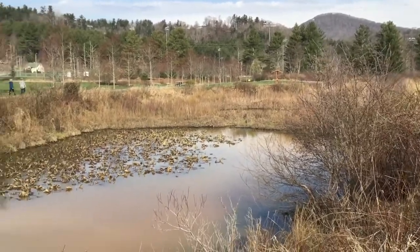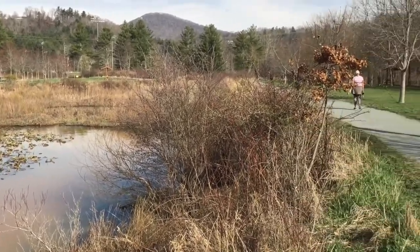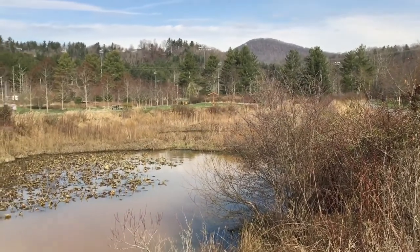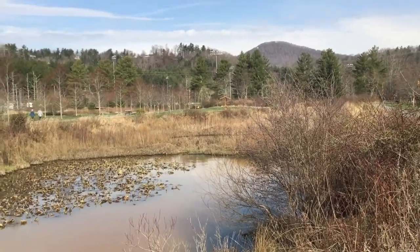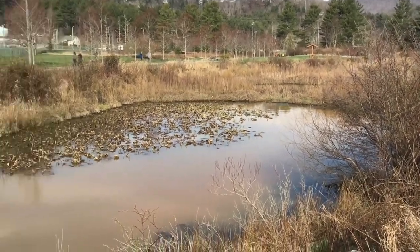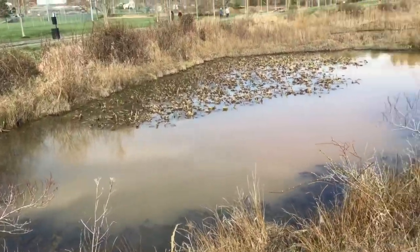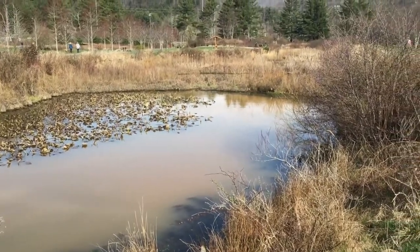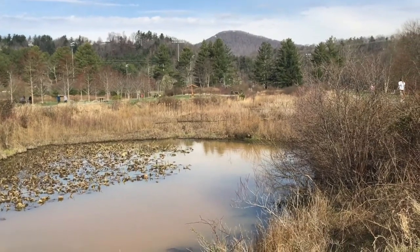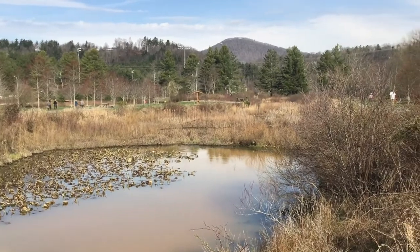So this is what I would call an elegant design. And why do I say it's an elegant design? Because it is actually functioning in many different ways. It is not just a stormwater runoff system. It is also an amazing habitat that supports a lot of biodiversity. You will find all kinds of critters living in here, all kinds of birds, but also amphibians like salamanders, frogs,